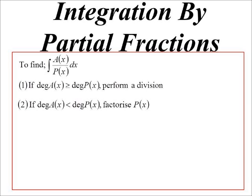Well, as we always do with algebraic fractions, factorise it. That's going to make life a lot easier. Now, when you factorise a polynomial, as we now know, we should end up with a combination of linear functions and quadratic functions. We can always factorise down to that. So if we have a linear factor in there, then one of the fractions I'm going to have is